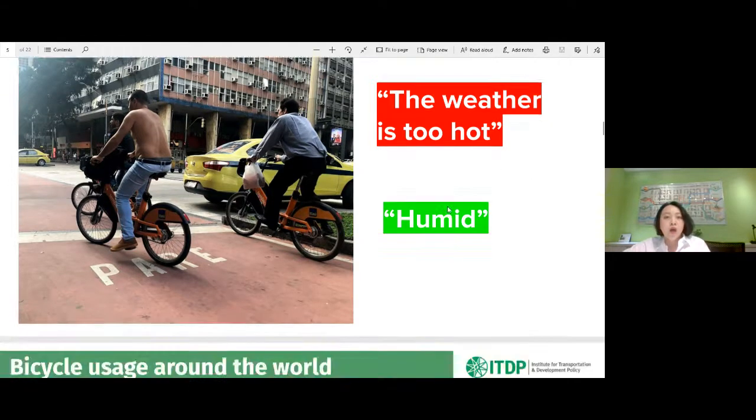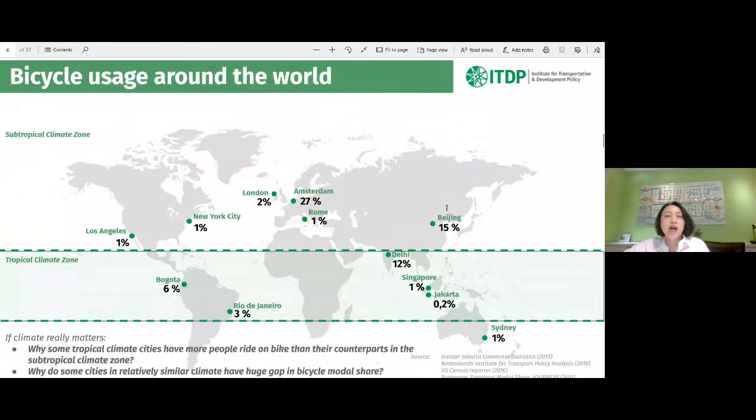But then we found interesting numbers and data. My colleague compiled these resources from several sources, about bicycle usage around the world. We divide it into subtropical climate zone cities and tropical climate zone cities.